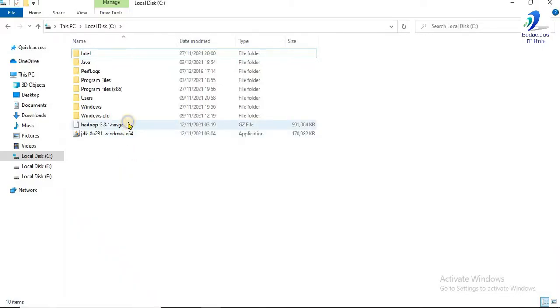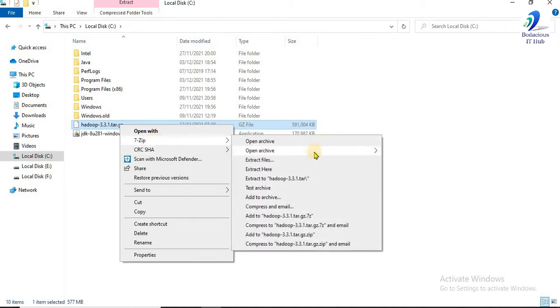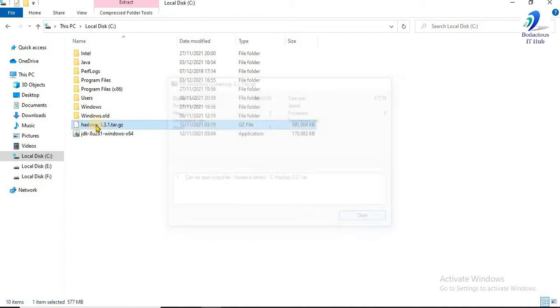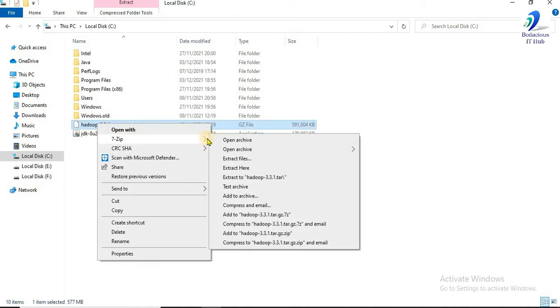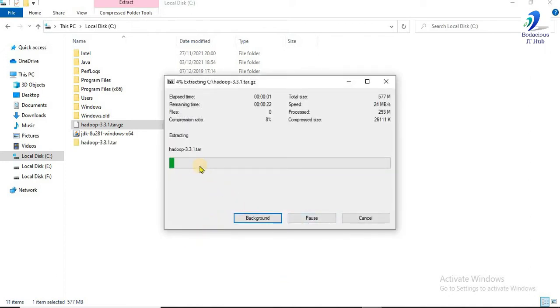Install Hadoop. First we'll extract the files from the downloaded Hadoop folder. We'll extract here. It is password protected, so extract files. The password is 123. It takes some time to extract it.